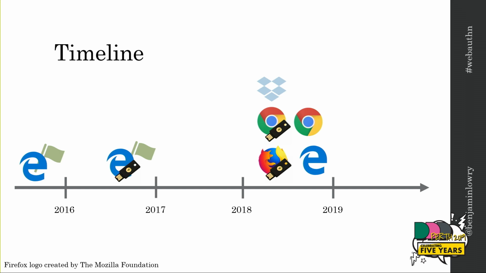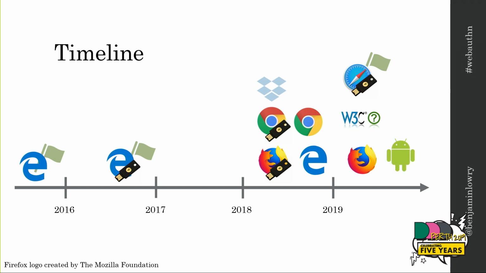So come to this year, then in March, Firefox enabled that platform authentication. The W3C moved the spec to a recommendation, which is basically the final stage of a spec. Safari introduced experimental support on Mac OS, not on iOS. Android in April enabled all Android devices 7+ to act as those hardware platform authenticators. So if you did do the demo on an Android, it would have worked. It will today if you do it as well.